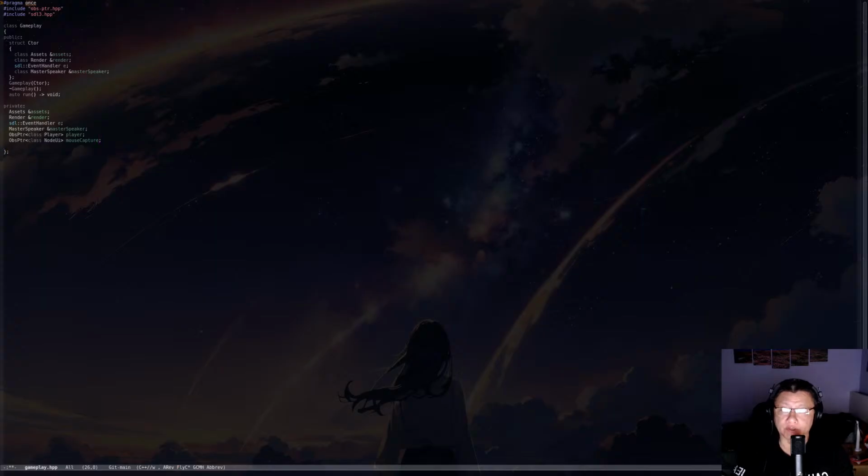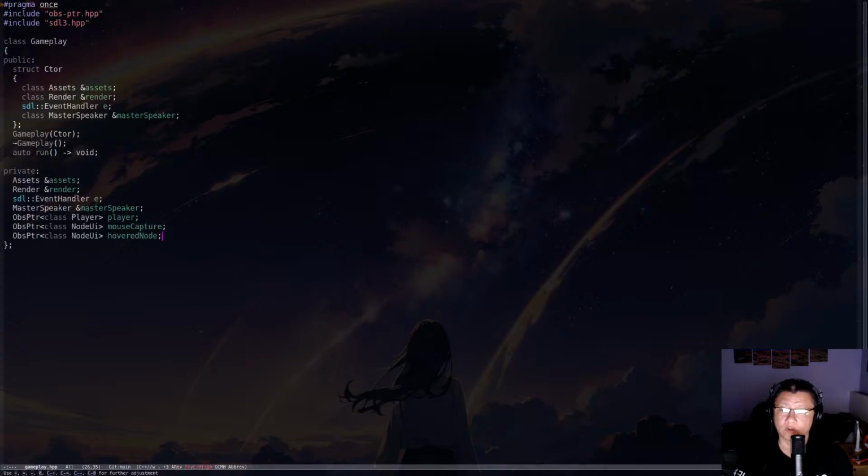Mouse capture, OBS pointer class. Hover node. Hover node and